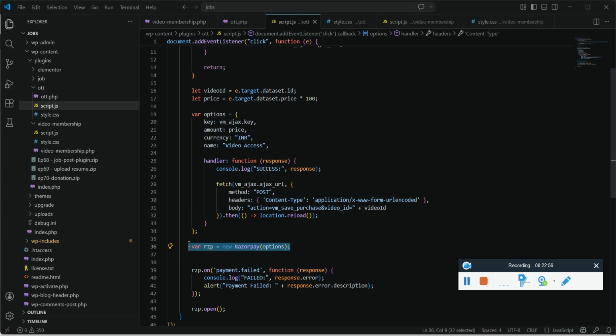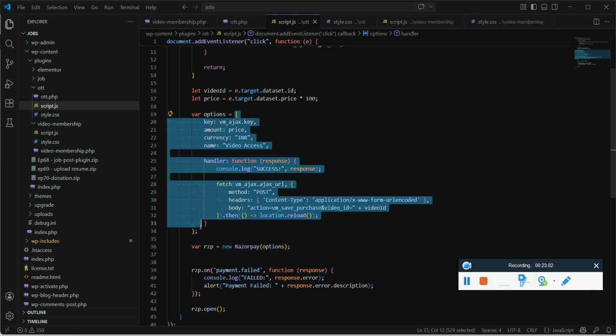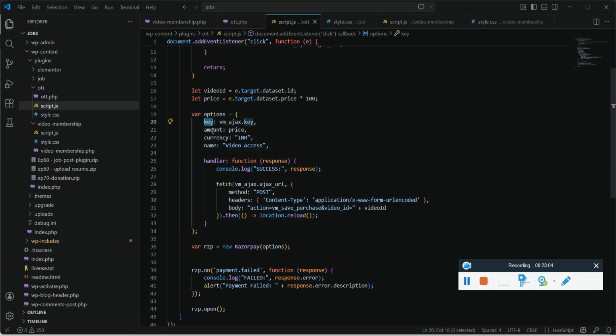So with the help of it, we can create an object which will accept an argument, which is an array, where we need to send the Razorpay key, the amount, the currency, the name, and the handler. So this handler, if it is success, what it should do; if it is failure, what it should do. When the payment is done, what do we need to do? When the payment is done, we want a record in the database so that the admin knows that someone has